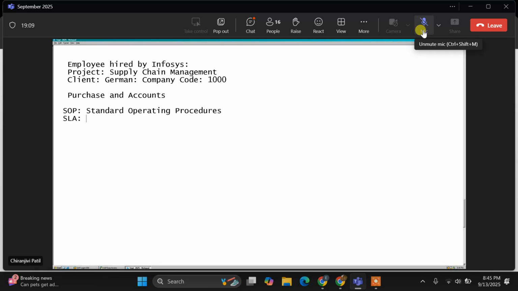Yes, guys. SLA stands for service level agreements. And similarly, even TAT is there. TAT is turnaround time. So SLA or TAT, both are same, guys. They are nothing but the time duration for a particular task to be completed. Now, actually, turnaround time is taken care by the Infosys, but SLA is given by the client, the company code